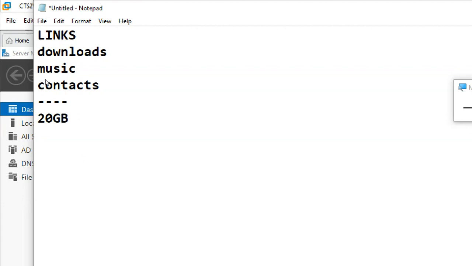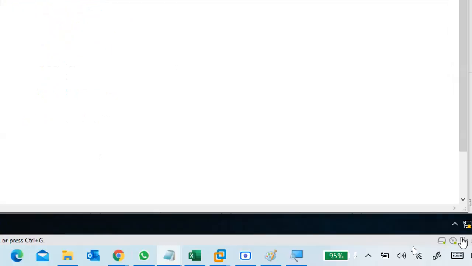I need a 20 GB drive, like an E drive or D drive. How do I get 20 GB out of that 48 GB? Anybody?